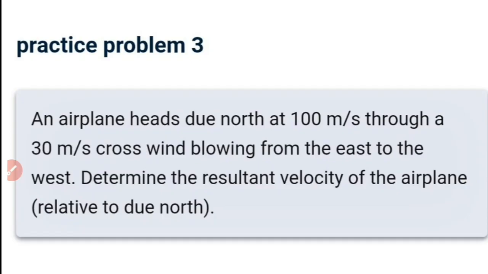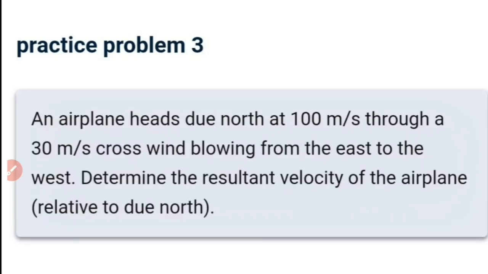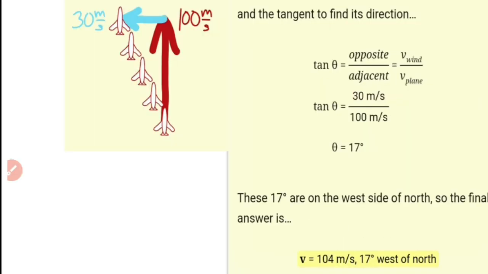Okay, now third problem. An aeroplane heads due north at 100 meter per second through a 30 meter per second cross wind blowing from east to the west. Determine the resultant velocity of the aeroplane relative to due north. That means you have to find the resultant velocity of the aeroplane. So we'll draw a diagram as shown. It is given in what direction the aeroplane is going towards north, and the wind is blowing from east to west. So drawing the diagram, we'll have